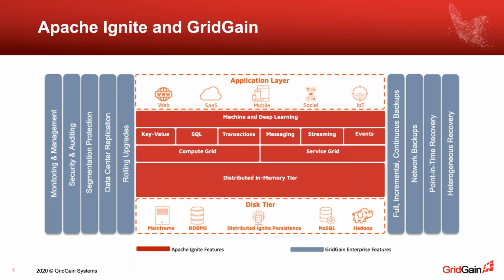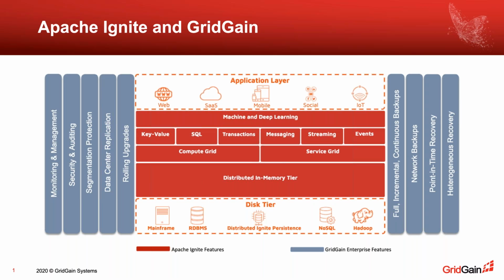It has a key value API, it has SQL, a lot of different interfaces for your application to use. It has its own disk level storage, so it can be in memory and it can be a persistent store, or it can use a third-party persistent such as an RDBMS to serve the data from an RDBMS with in-memory